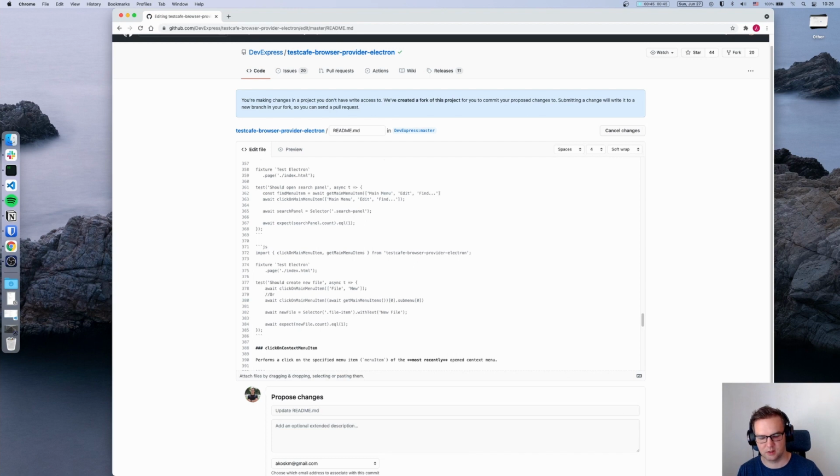So this is the way how I'm obtaining this specific menu item, and when clicking I actually want to pass the instance that I just looked up with the previous command. So this is the correct way of interacting with a menu item in this Testcafe browser provider Electron plugin. So now that my change is ready to commit,